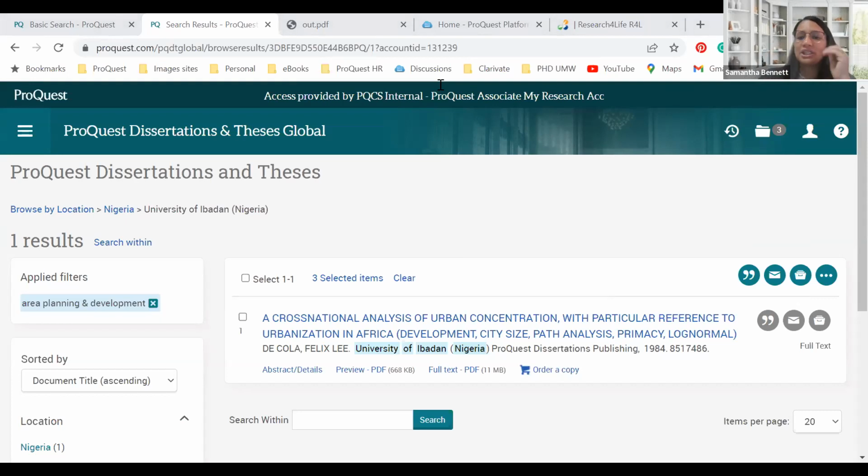Right, so there was a question from Dorothy, asking what inclusion criteria do you use? Dorothy, if you can clarify a little bit more about the inclusion criteria, I've asked you that as well. Dr. Peter is asking about the display of Kenya's ProQuest institutions. I'm going to ask the Research for Life team if they would like to share that list with the team, and maybe I can open up that link again.